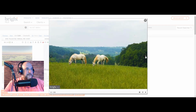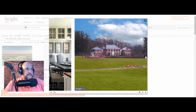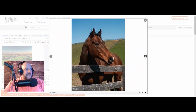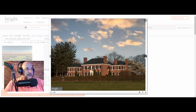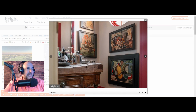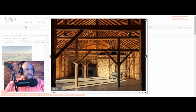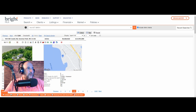This is beautiful. Great place to take pictures. You don't really need this to be flashy because it just kind of does its own thing. I think the land and all of the equestrian buildings that come with this, like this does it for me if I'm into this. I don't like riding horses. I don't like any animals that are bigger than me, frankly. So this wouldn't be for me. I'm definitely a water guy, so I would buy the waterfront house, but I can see how this would be worth it. All right. Next up, number four, for also 15 million,